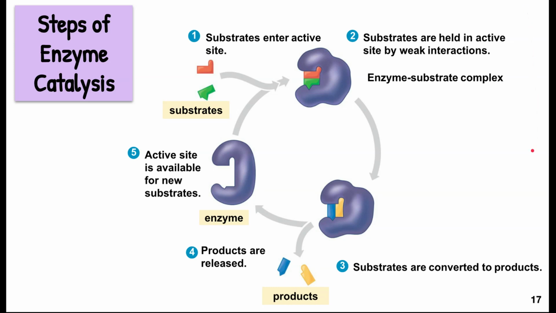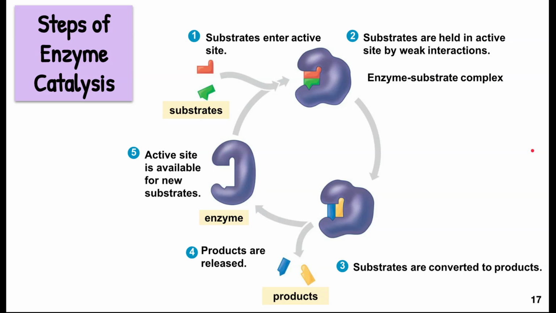We can think of the different steps involved with enzyme catalysis using these 5 steps. First, the substrates enter the active site of the enzyme. The substrates have a very specific shape that allows them to interact with the amino acids that make up the active site. Once the substrates have entered the active site, they'll be held in place via weak interactions and will